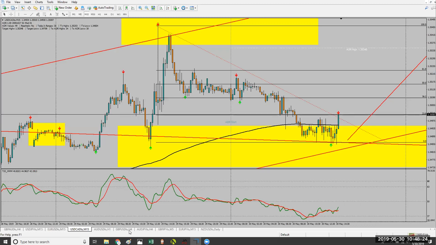Wait for an entry in the area. Let's see, the S1 level. Somewhere in the neighborhood of 64.993 is a good area for an entry on that. However, it does have further potential to push down to the 64.84 handle. Now, you could set your stop loss at the S2 level down at the bottom, which is, let